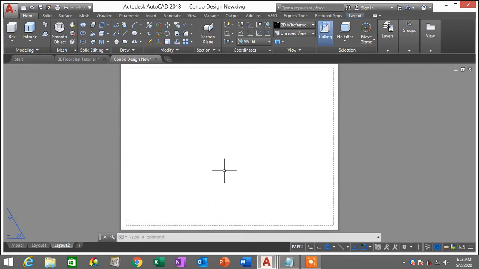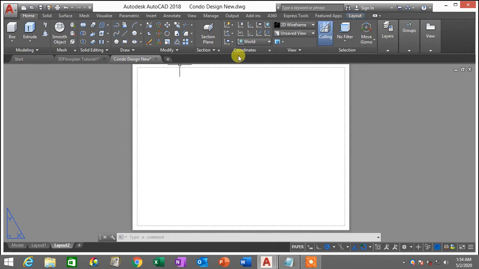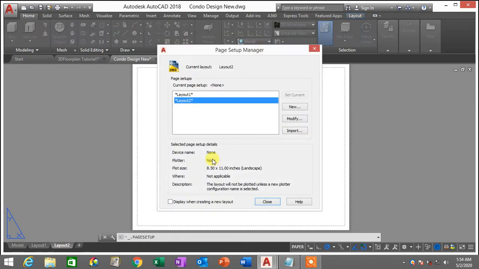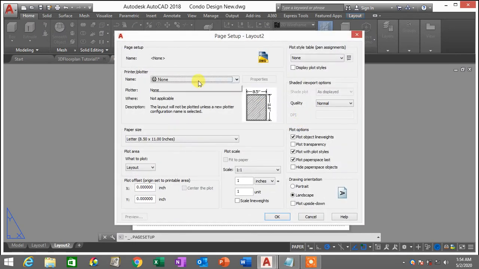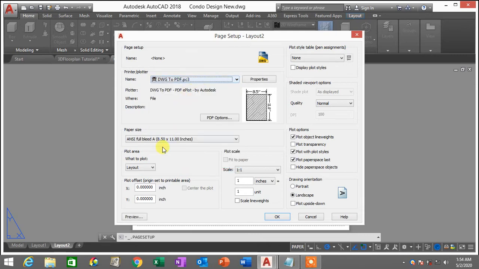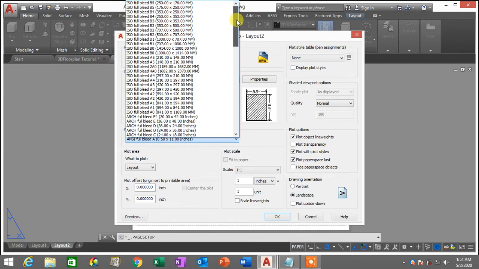Alright, if you wish to set your paper or your page setup manager of this paper, you have to take your mouse and mouse over this layout tab. Right click under layout tab, go to page setup manager, click modify, and set your printer or your plotter here. You can choose a Canon or any AutoCAD virtual printers. Like for me, I'm going to choose DWG2 PDF virtual printer,